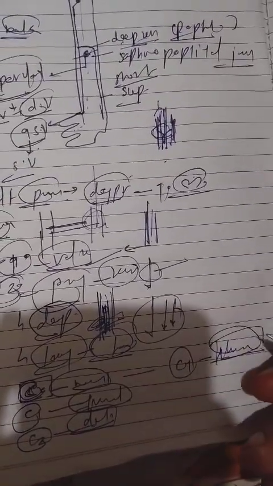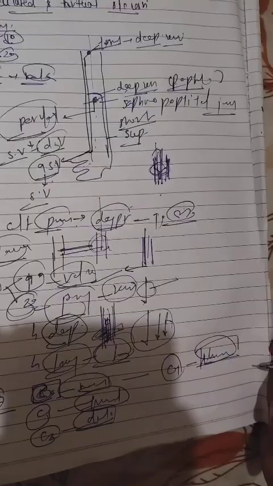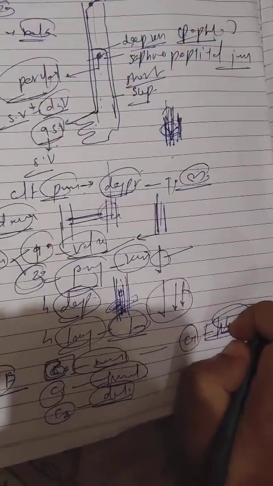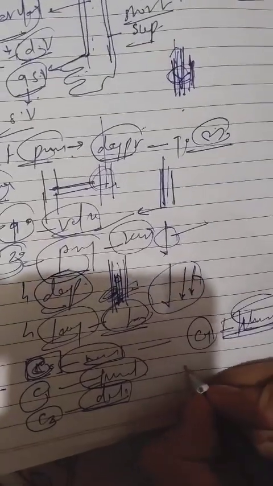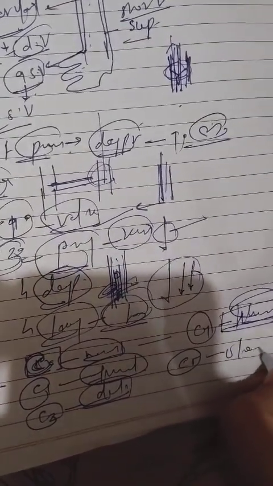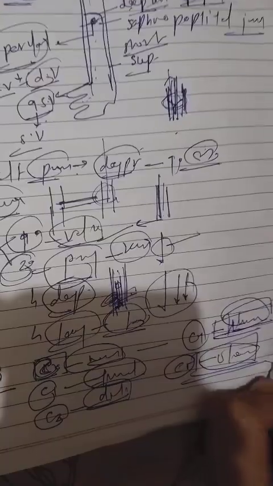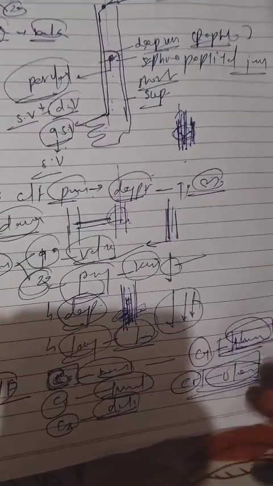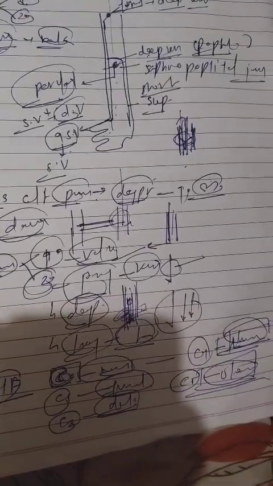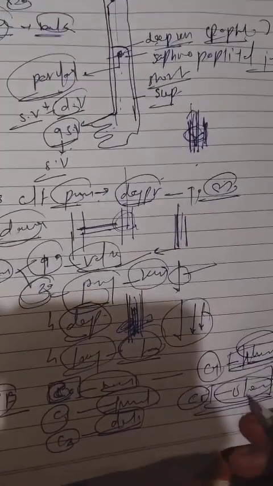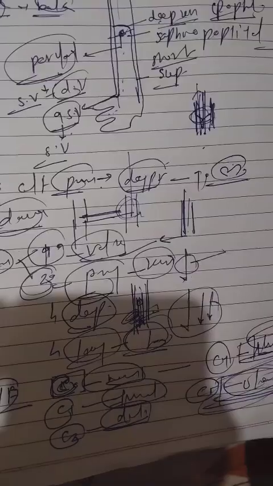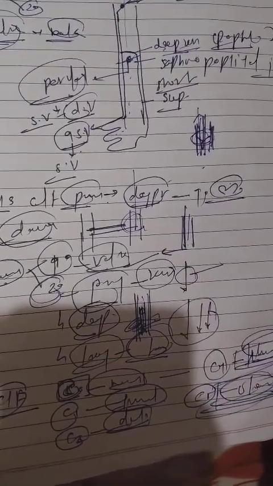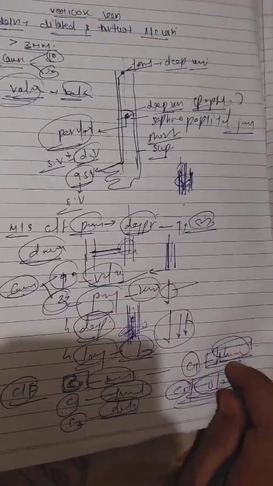And the skin becomes hard, and that is due to lipodermosclerosis. And in C5, there will be ulceration seen in the legs. It may get healed, or it may not get healed. Why does this ulceration occur? Because of the continuous itching. Why does this itching occur? Because of the inflammatory mediators.